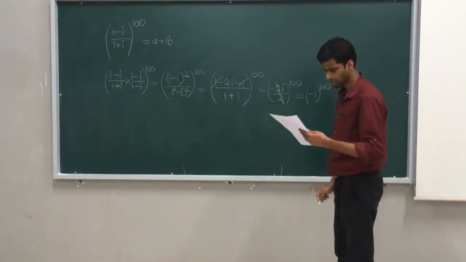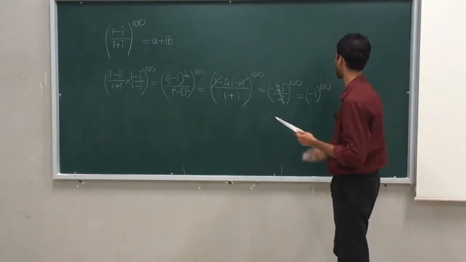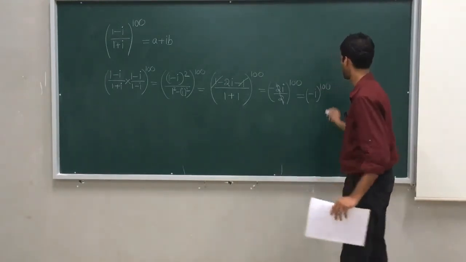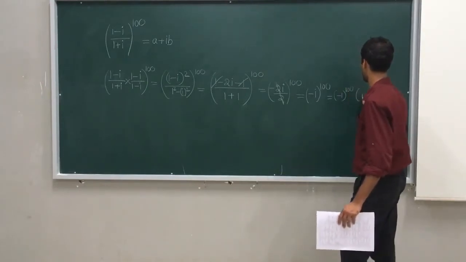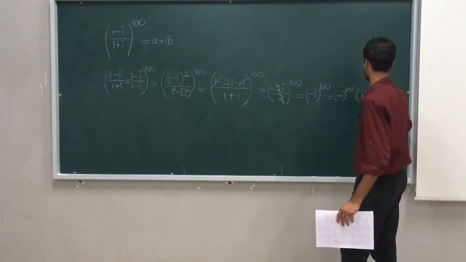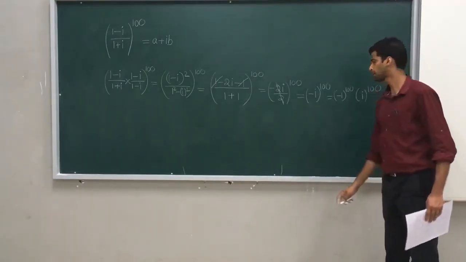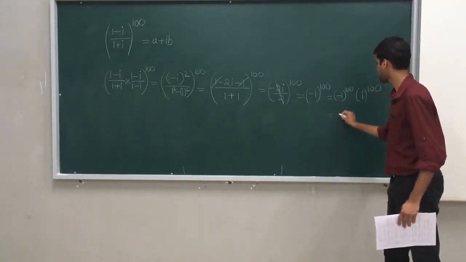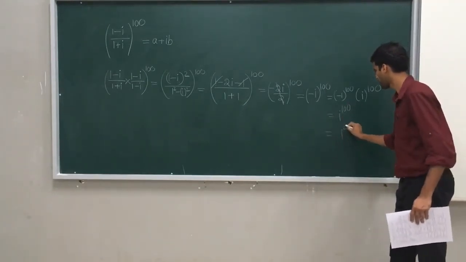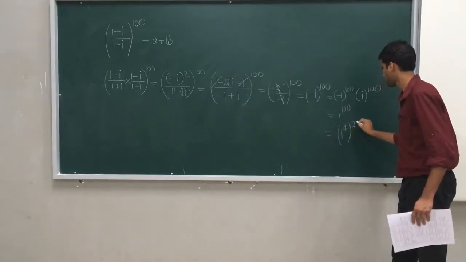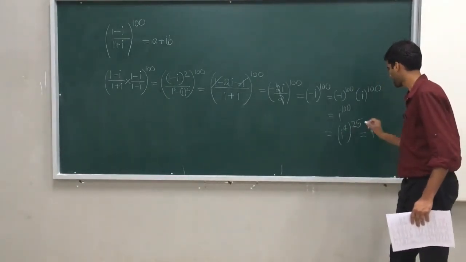So now you got this particular expression as i power 100. What I will do now is write it as (minus 1) power 100 into i power 100. Minus 1 power 100 is always plus 1, since you multiply minus 1 a hundred times, so you are left with i power 100. What is the answer for i power 100? We don't know, so I will write it as (i power 4) to the power 25. It is nothing but 1 power 25.